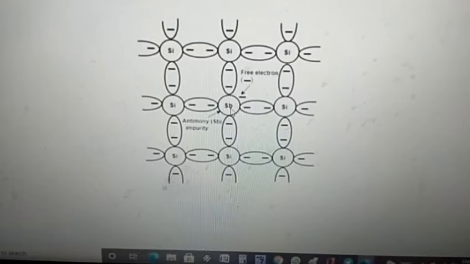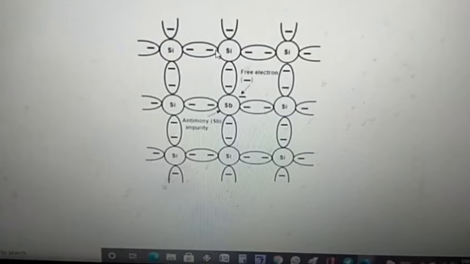But when we dope them with the 15th group elements like phosphorus, arsenic or antimony, which have 5 valence electrons, among the 5, 4 are used to form bonds with the 4 silicon atoms, but the 5th electron will be a free electron and it will be delocalized. It won't be fixed to a particular position. So as the presence of these delocalized electrons, the conductivity of that semiconductor will increase, as the conductivity is increased due to the presence of negatively charged electrons.